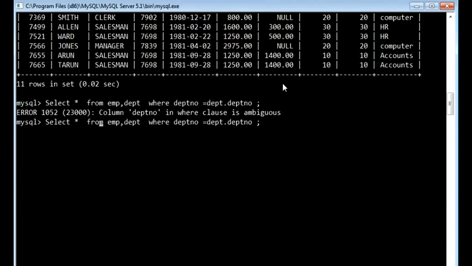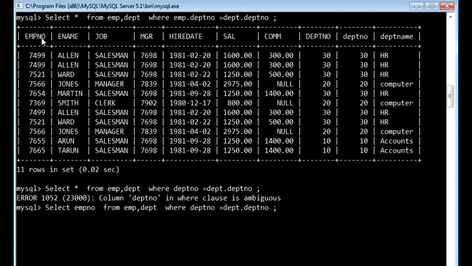We will have the statement like select. Here only specific columns we mention now. So what are these columns? EMP number. See, EMP number is unique to only the first table, so no need of the table reference. Comma e-name. E-name is also only a part of the EMP table, so no need of the table reference. Comma department name. Department name is also present only in the department table, so no need of the table reference. From which tables do we need to fetch? EMP and department. Those 2 table names we have to write separated by a comma.